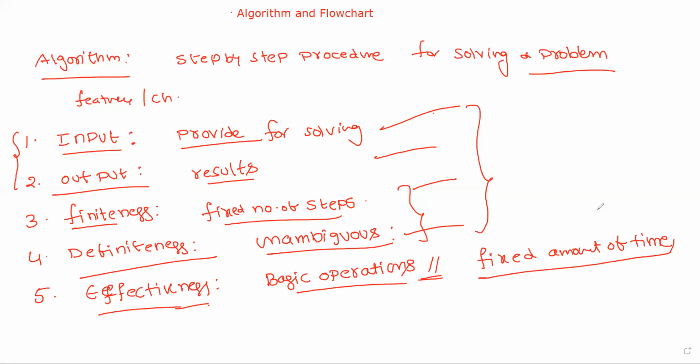Fixed amount of time. For example, if you are preparing some coffee, suppose the preparation takes 10 minutes. If it is completed in 10 minutes, then the taste of the coffee is good. If it is completed in 1 hour, the taste almost changes. That means to get the output in a perfect manner, it is completed in a fixed amount of time. This is called an algorithm.